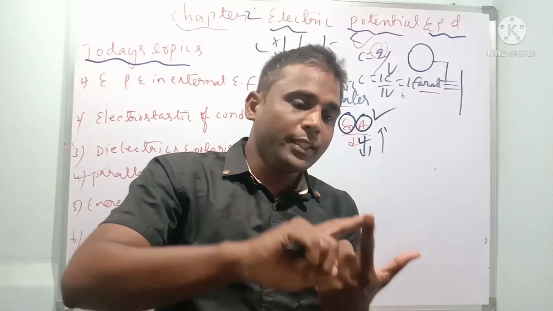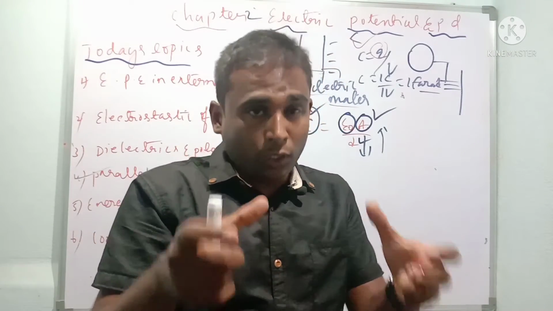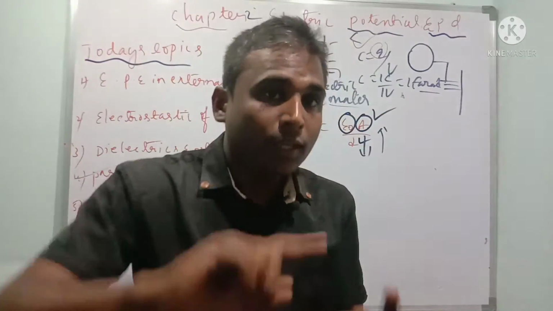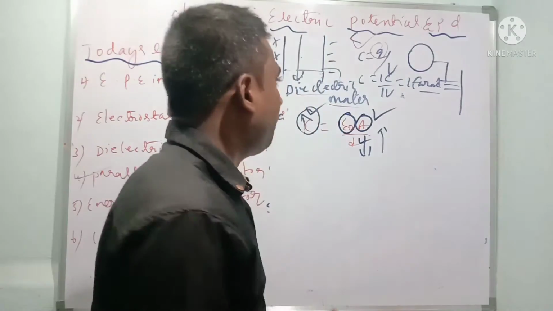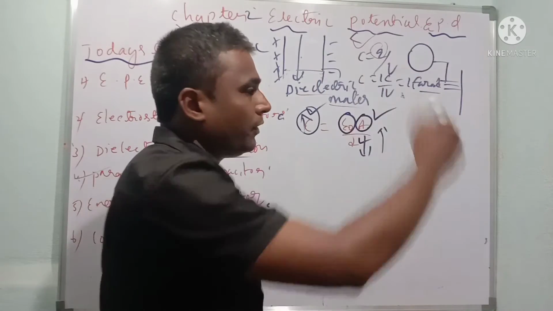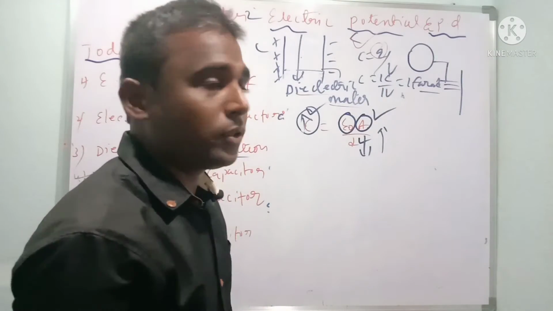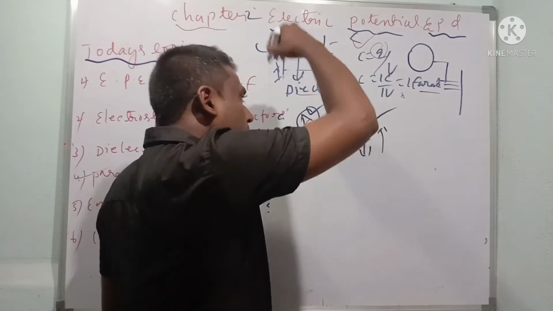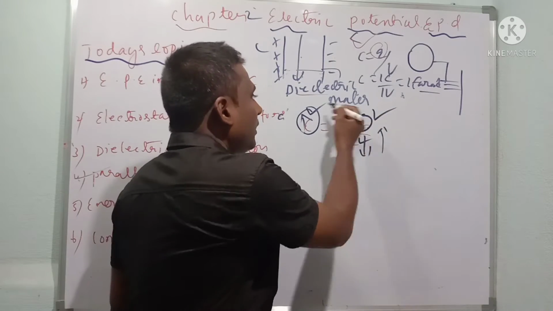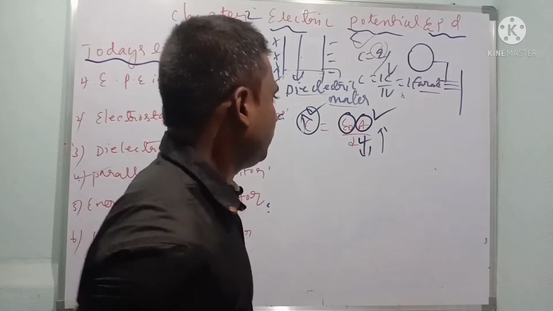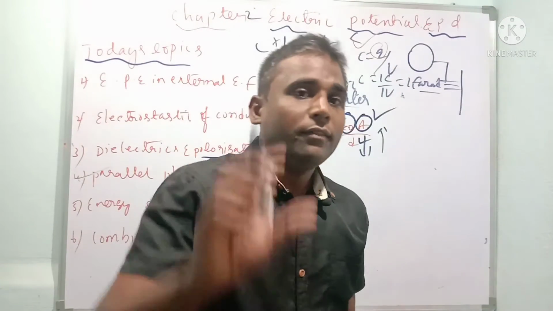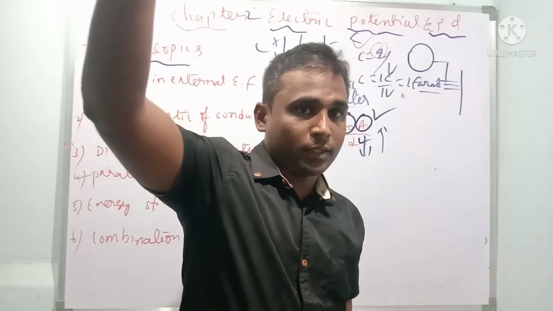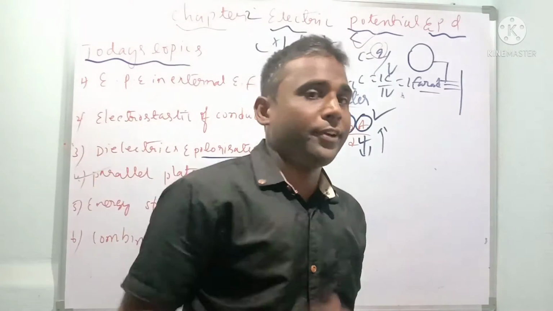One is the nature of the dielectric material, what you are going to keep between the conductors, and the dielectric constant. It also depends upon the amount of electric field you are going to give. Okay, this is all about what affects the capacitance of the capacitor. Now I told you about the dielectric constant. We discussed in the first chapter, that is Farad per metre.